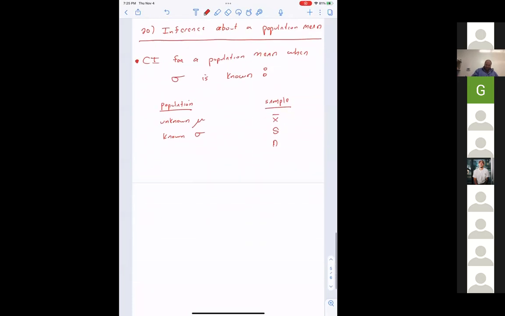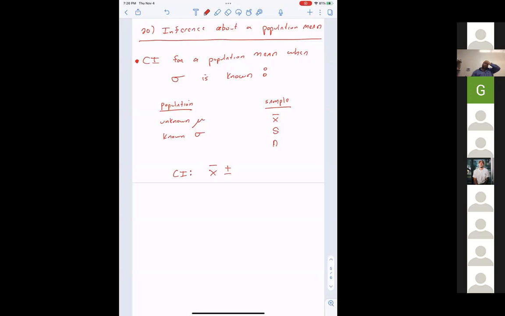So my confidence interval is going to be X bar plus or minus something. X bar should be right in the center. It's a perfect guess, my sample average. I can't beat my sample average to approximate the actual average. So the question is, what do I add and subtract from that to create my interval?